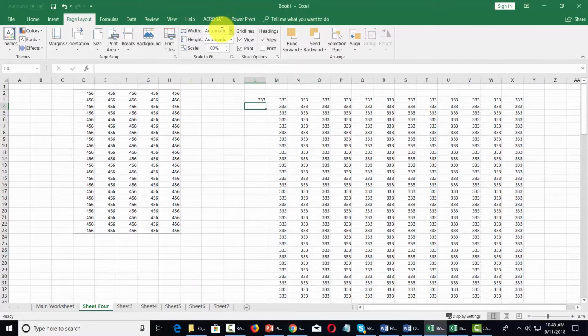When it feels is reasonable, and you're going to leave that on automatic if that's the case. However, you can decide that everything that's on your spreadsheet when it comes to the width is going to fit on one page. You can determine that. You can also determine that everything going up and